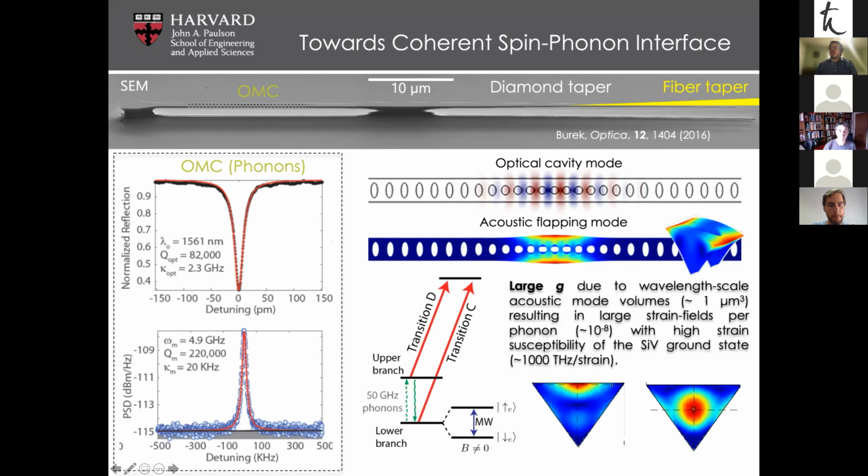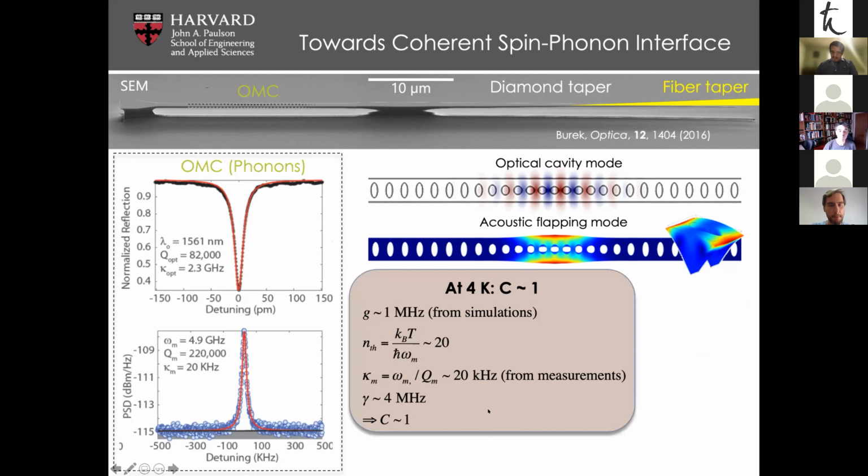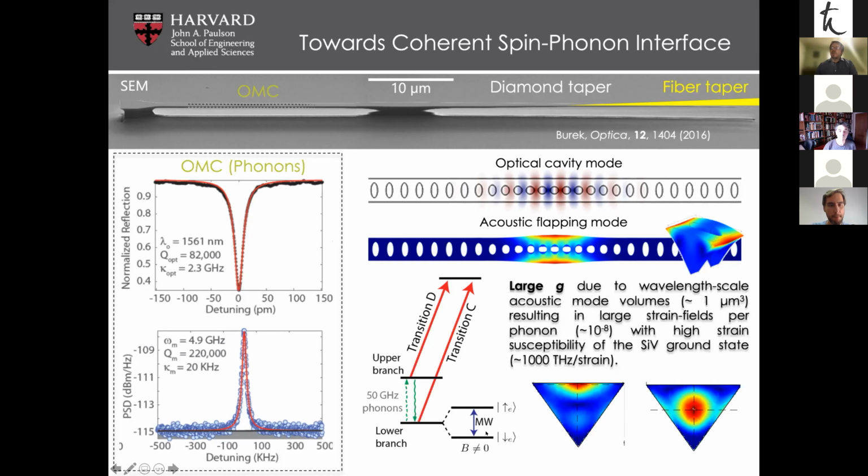So this is a cross-section of our structure. And you can see that depending on the mechanical mode we're looking at, strain can be localized close to the surface or in the middle of the diamond resonator. And then what you do is you essentially implant the silicon vacancy at the maximum strain intensity. And then we apply a B field to use Zeeman splitting to split the spin levels so that the splitting is the same as the microwave frequency, which is, as I said, roughly between 5 to 10 gigahertz, can be even higher. And then essentially we have spin interact